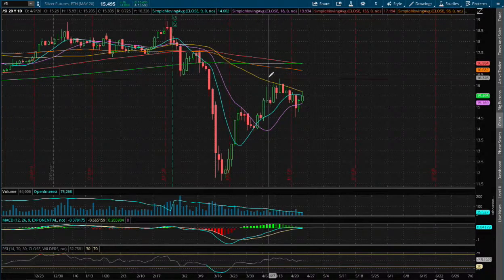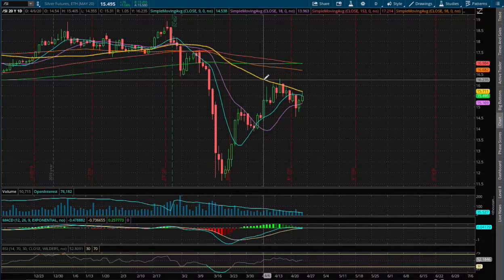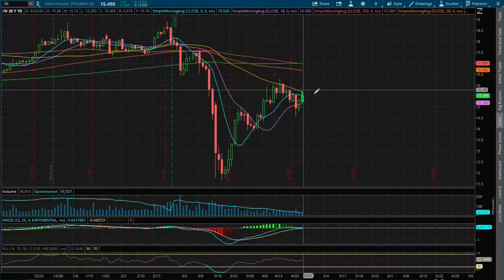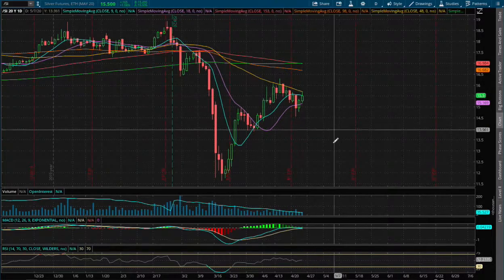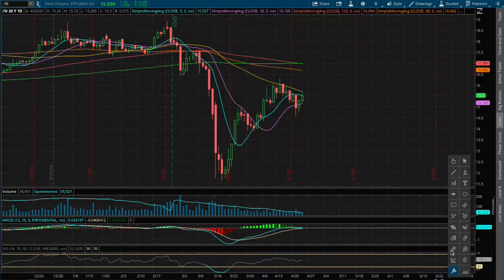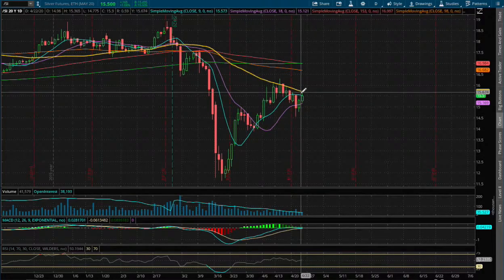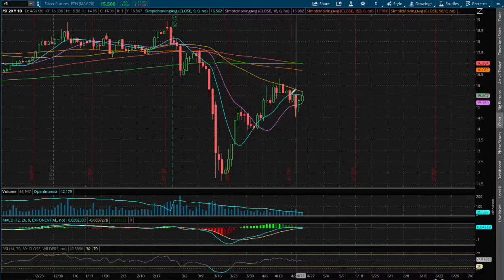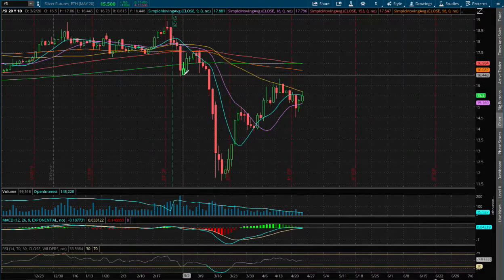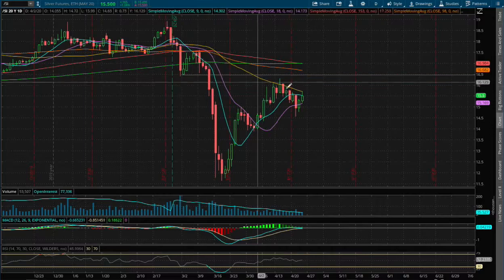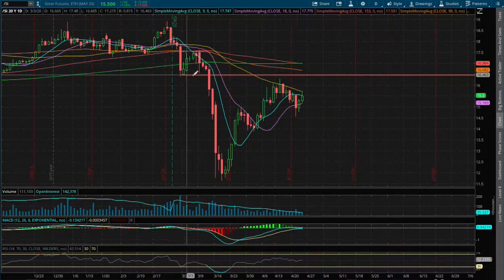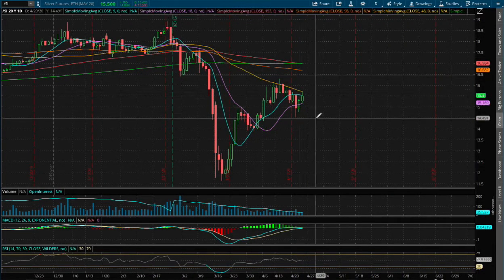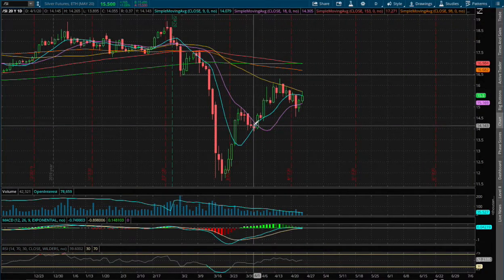We are encountering resistance on the 50-day moving average, this yellow line, and that resistance is around $15.70. If we do manage to break above that 50-day moving average, the next resistance that I see will be around the price of $16.45. The reason why: we had that as our support, and since we're below support, that will now act as our resistance. And if we do manage to head down lower, the next support that I see is around the price